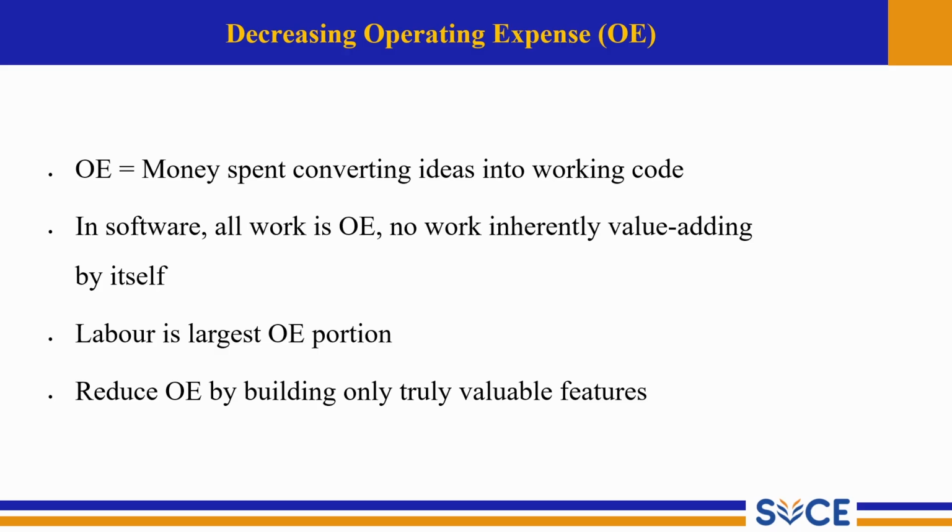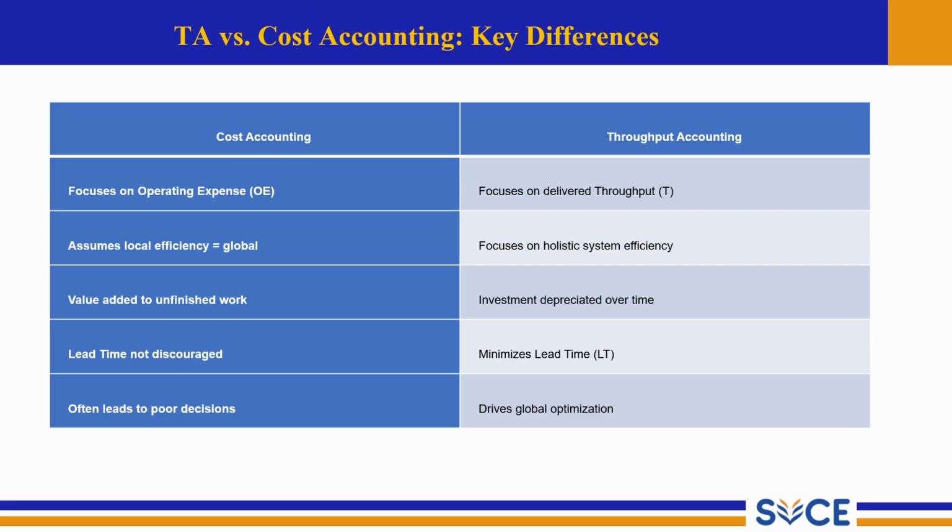In software, all work is operating expense; no work is inherently value adding by itself. Labor is the largest portion of operating expense. Reduce the operating expense by building only truly valuable features. And next we will see the